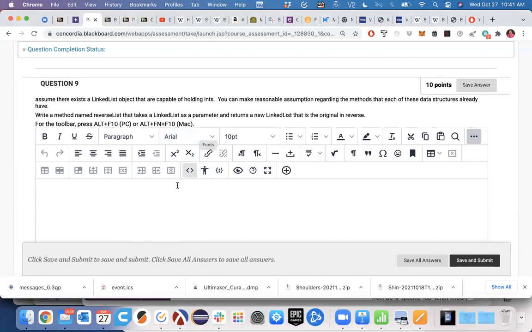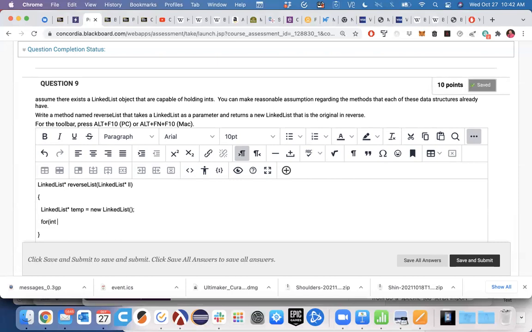All right, so I'm building a brand new linked list. This guy's going to return a linked list pointer. Call this guy reverseList. It'll take a linked list pointer as a parameter. All right, so I'll go ahead and build my linked list pointer temp, equal to a new linked list. There's my new one, and I'm going to fill up this guy with my original linked list